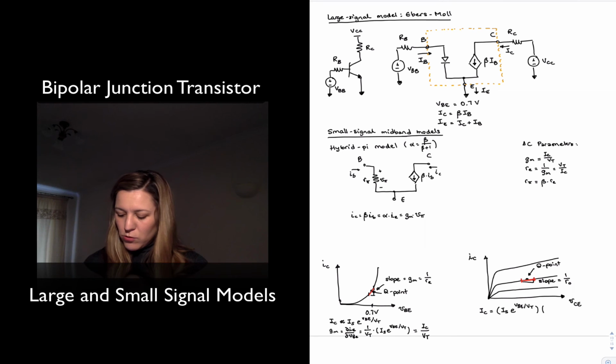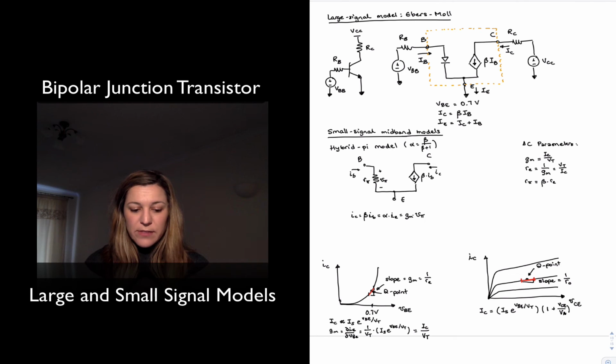And so a more complete model would be 1 plus VCE over VA, VA being the early voltage. And so, just like before, we have that 1 over little r-o is equal to delta IC over delta VCE,